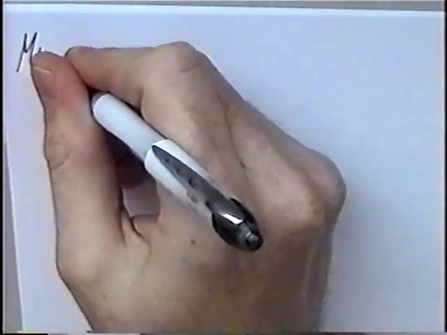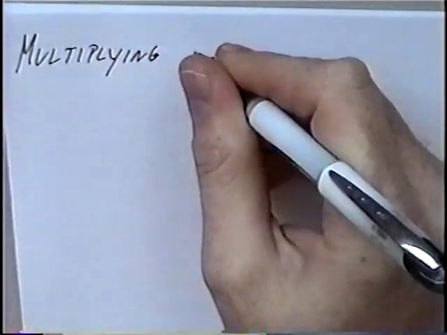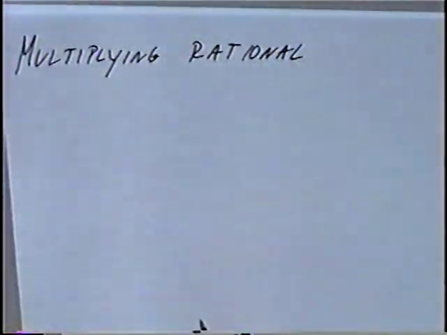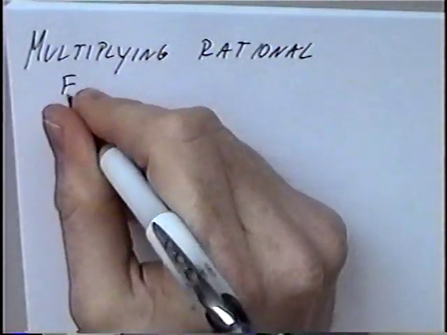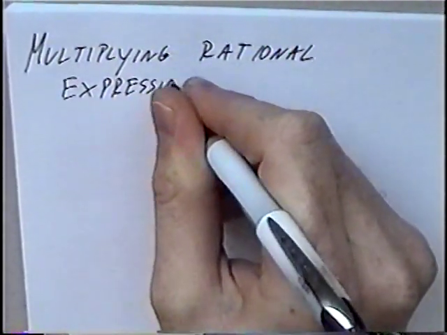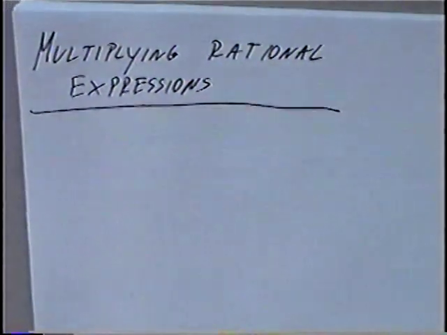Title of the first section today is Multiplying Rational Expressions. In this section we'll multiply